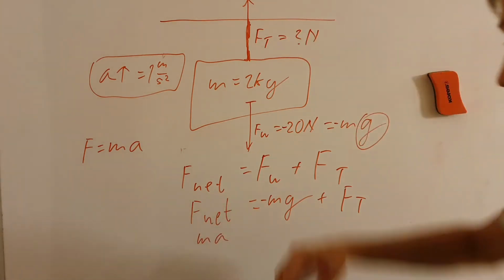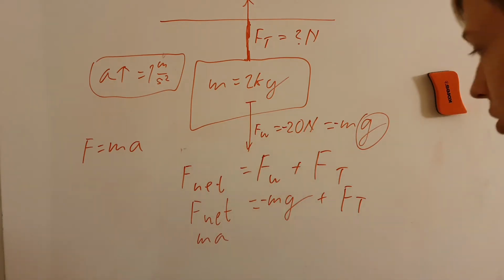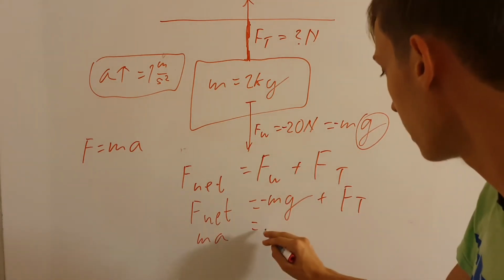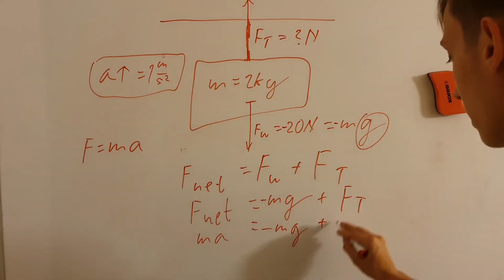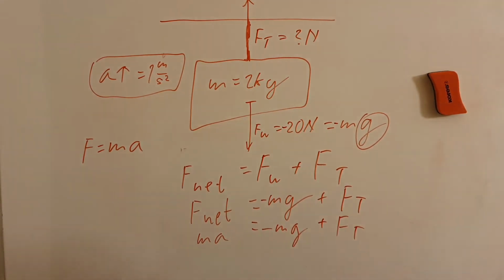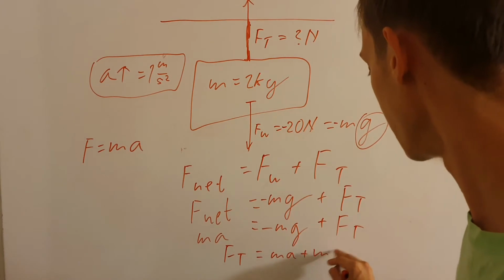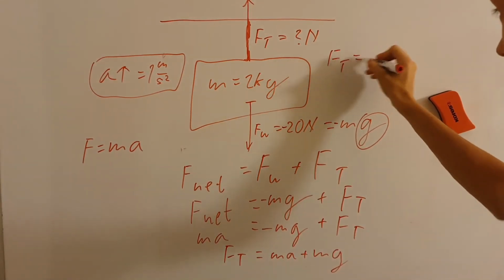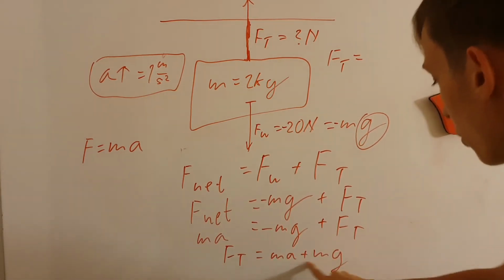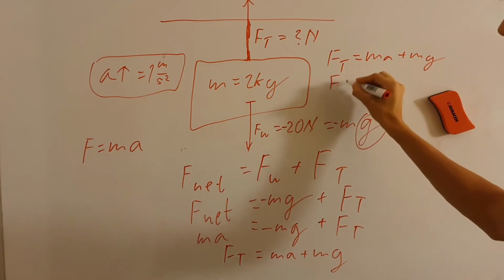Therefore, the F net, which is the final force of all added up together, cancelling out each other and so on, is m times a. And that will be equal to minus mg, because mg is the one pulling it down, plus the tension force, which we are looking for. So now adding mg to both sides, finally it yields ma plus mg. And from this, I can determine very simply that F tension,